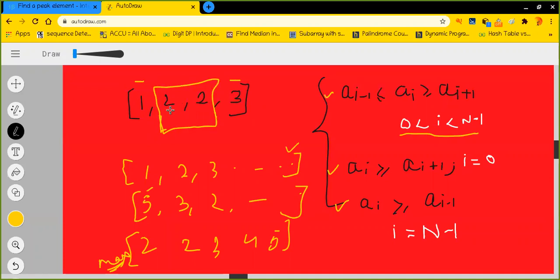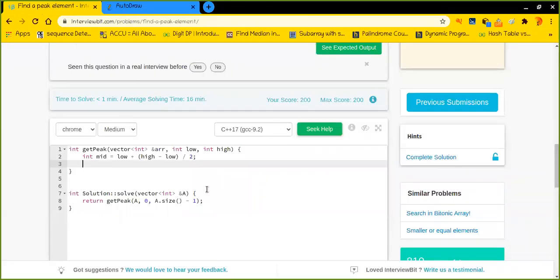Now let us say that I am right here, and right here it is pretty much guaranteed that it has a left neighbor as well as a right neighbor, isn't it? Similarly, right here it is pretty much guaranteed as well, right? But if I would be right here, then we do not have a left neighbor, but we have a right neighbor. So these two cases are handled separately, where I is basically 0 or I is basically the last one. Are you getting me?